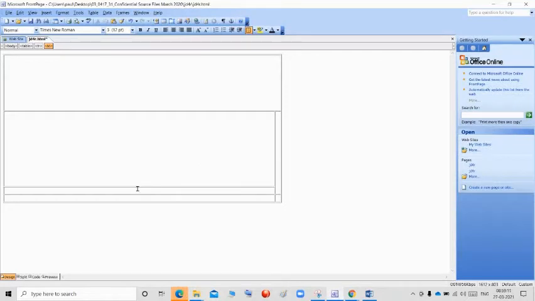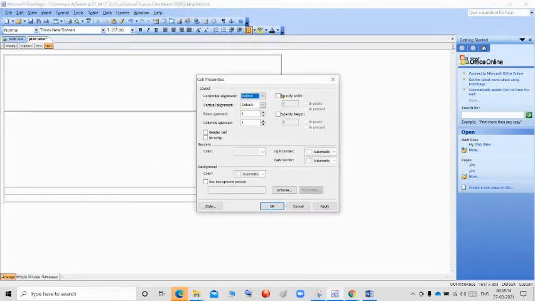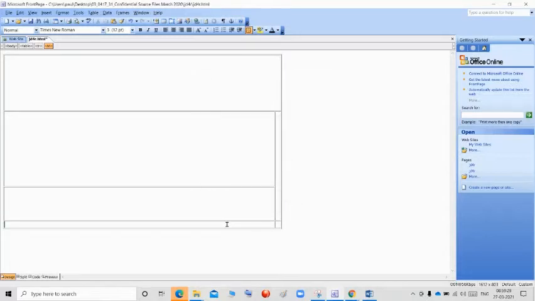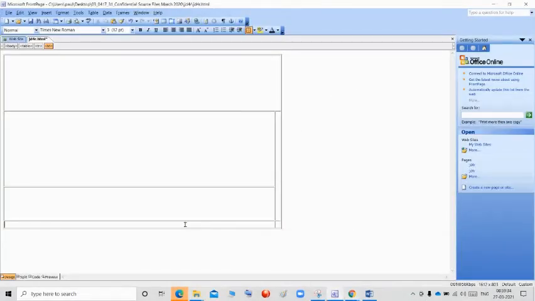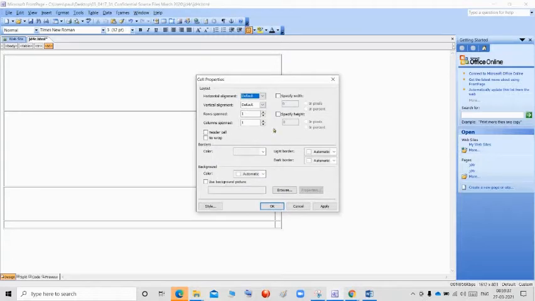So select this, right click, go to the cell properties, width and height, select pixels and 360, and the height should be 120. Apply and click OK. For the last one, in the question paper, they are giving 360 and 270. So select this, right click, cell properties, select the width and height, give 360 and the height should be 270. Apply and OK.